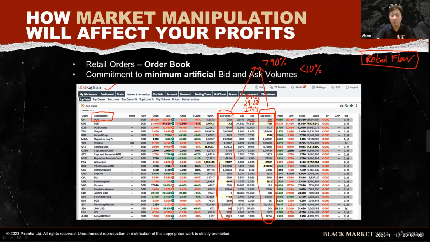But I can tell you, if there's good news and a lot of retailers go in and buy, and the retailers buy until the market maker becomes very net short, the market maker will do what we call a squeeze. Squeeze means even though there's good news, the market maker will purposely squeeze the price down and make everybody cut loss at the bottom. The retailers buy high and then sell at the bottom. If you don't cut, he will go lower until everybody has cut already, then he turns.